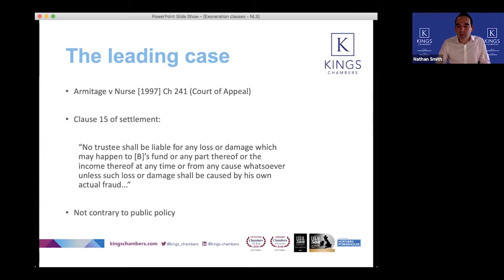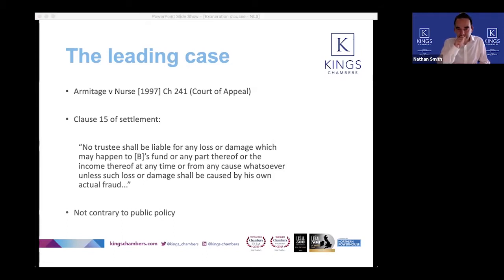So a bit more on the leading case. Well, this is the Court of Appeal decision in Armitage and Nurse. It's not, as you note, a Supreme Court or House of Lords decision. So this isn't law that's been tested at the highest level, but nonetheless, it is fairly settled law nowadays. And what happened in Armitage and Nurse was that there was some settled property that consisted largely of land farmed by a company, the directors of which were the mother and grandmother of the beneficiary,